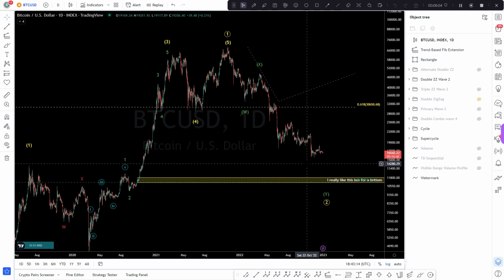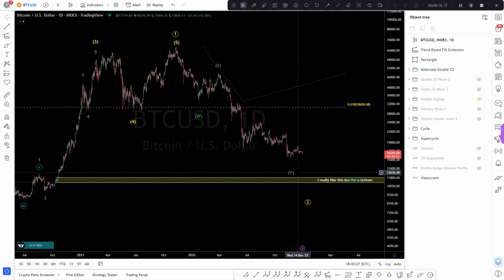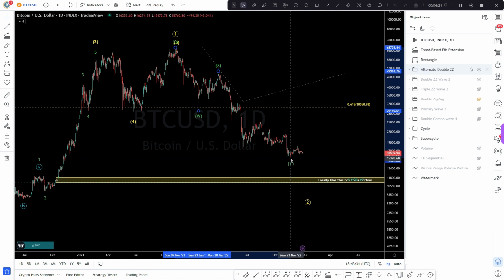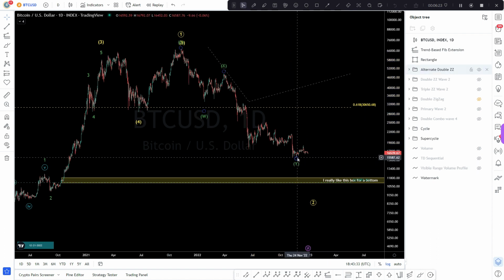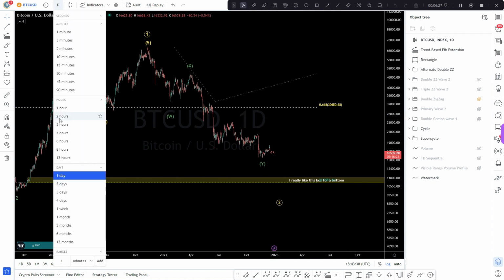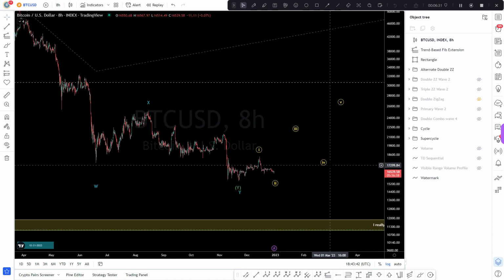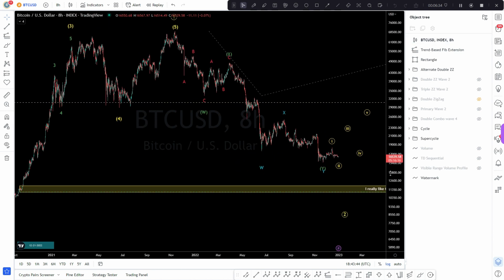So that's the double zigzag theory. Now I have an alternate double zigzag theory. The alternate double zigzag theory is that the bottom is already in here, and that we've started impulsing. I've got to come to a lower time frame for you to see it. We come down to the 8 hour, and